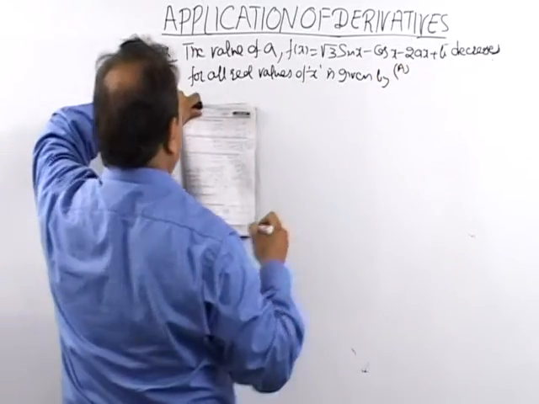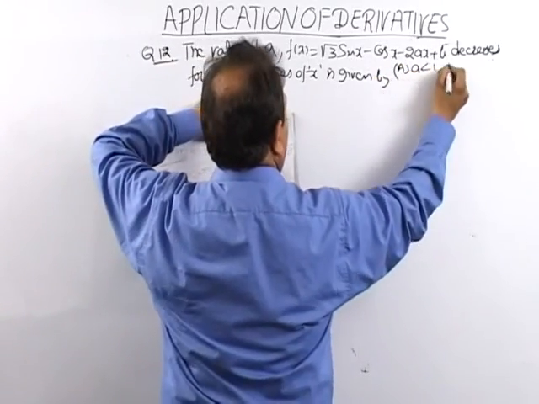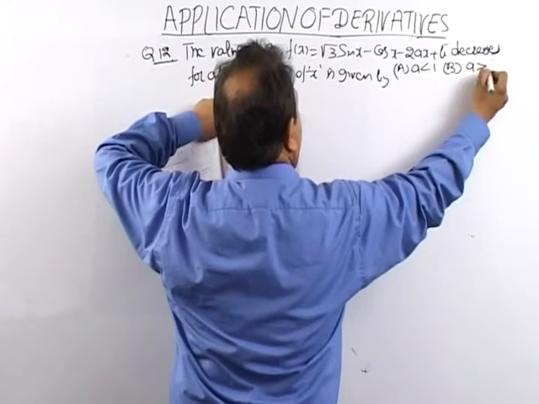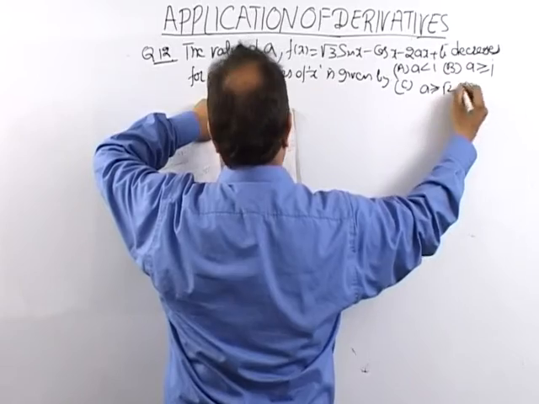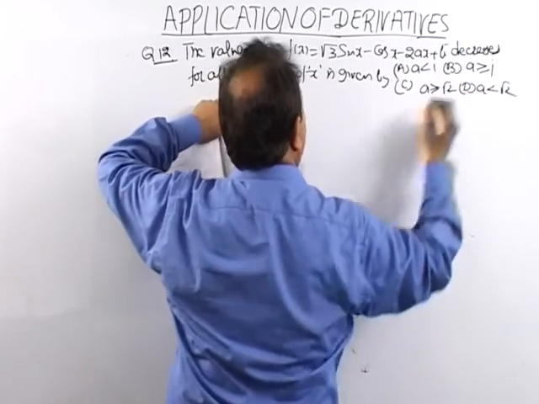Options: A, a less than 1; B, a greater than or equal to 1; C, a greater than root 2; D, a less than root 2।